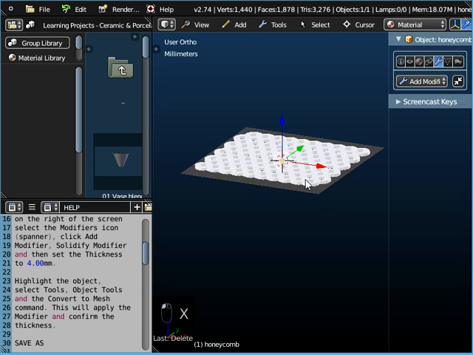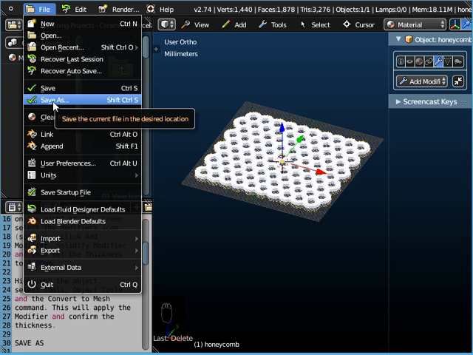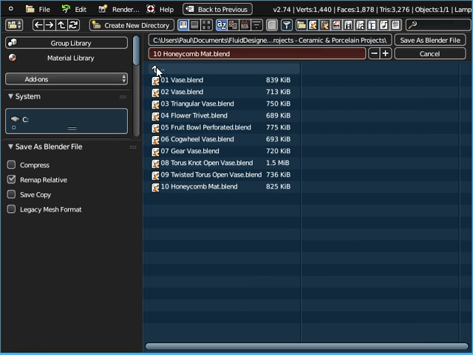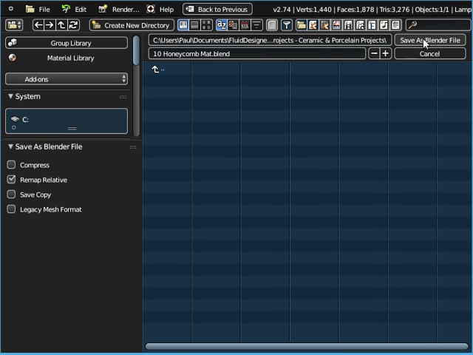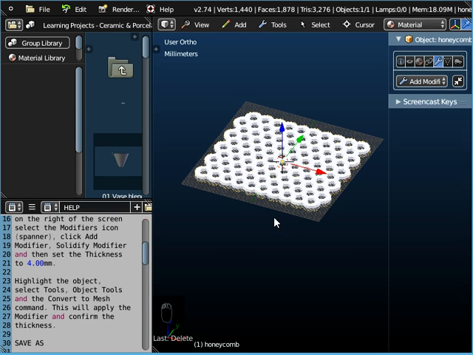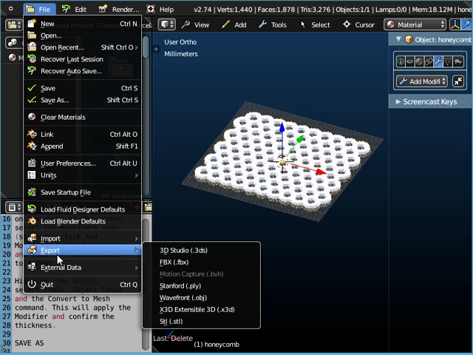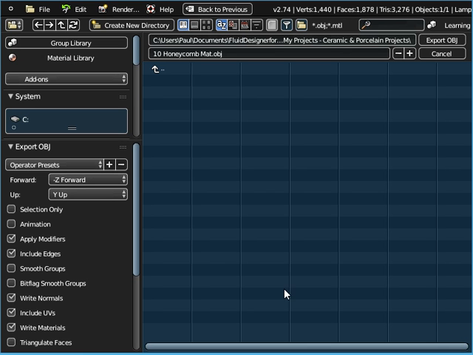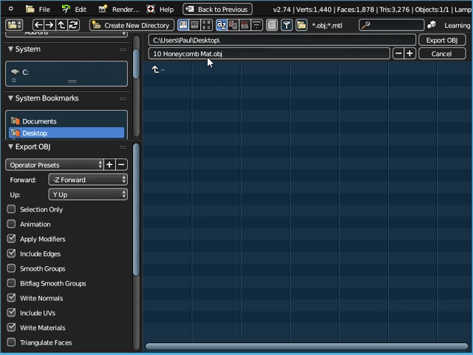and delete. We need to save the work that we've done today, so as is usual in FluidDesigner, go to File and Save As, and look for the My Projects, Ceramic and Porcelain projects, and we save lesson number 10, the Honeycomb Mat, as a Blender file. Now you can't print Blender files, so what we need to do is, as usual, export it as a wavefront object. We like to export it to the desktop while we do this process, so it's number 10 Honeycomb Mat